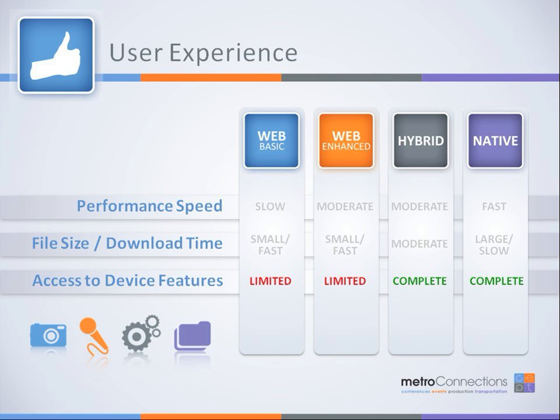Anything? Well, yeah, so as I'm plugging along here as an attendee, if I want to save the PDF of a bio of a certain speaker, what we're saying is that on the web and web-enhanced versions, that's going to go right to your downloads folder on your phone. You're not going to be able to spin that off to Dropbox or anything like that unless that's part of your browser function. But on hybrid and native apps, it's full hooks.